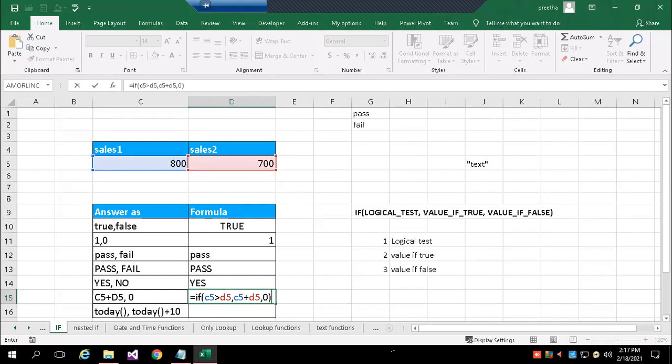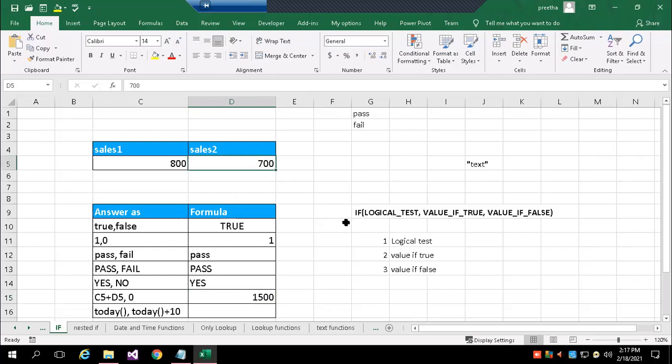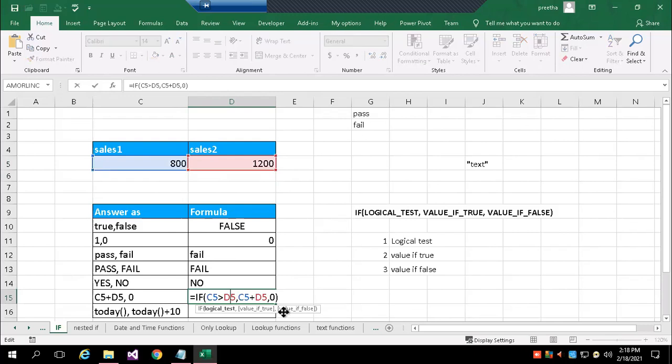So now you press enter. This satisfied the condition, so I'm getting 1500 as a result. Suppose on one side I try to increase the value. Now you can see everywhere it becomes fail, false, no, and 0. The condition is 800 greater than 1200, but 800 is less than 1200, so the condition is false. When the condition is false, it returns 0.